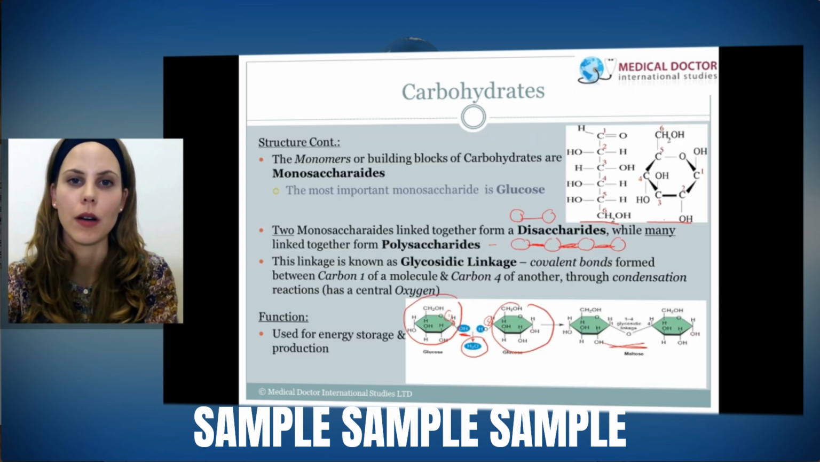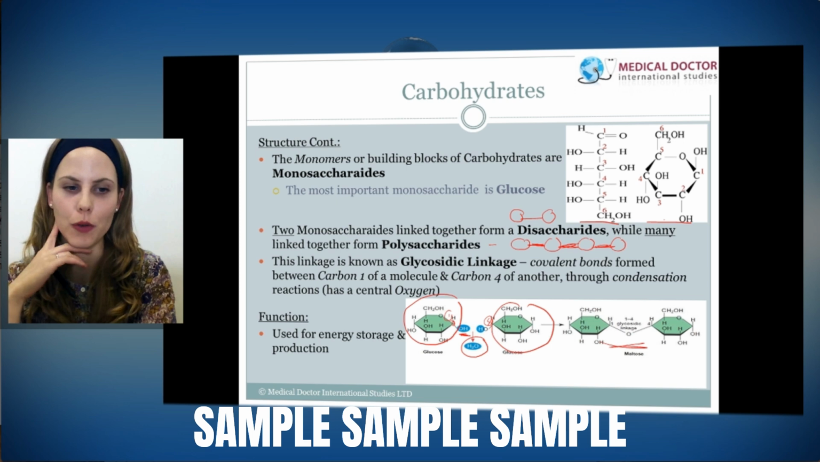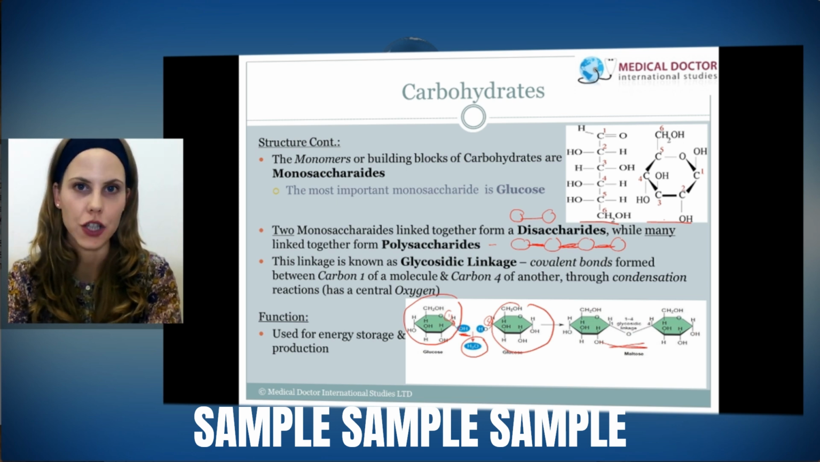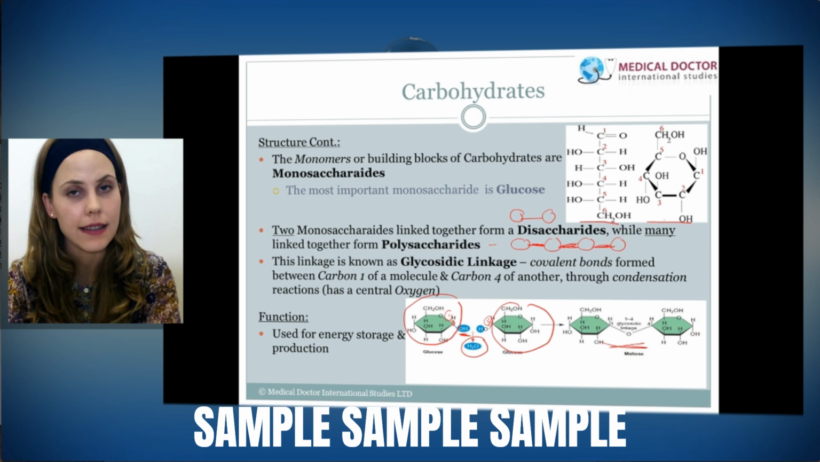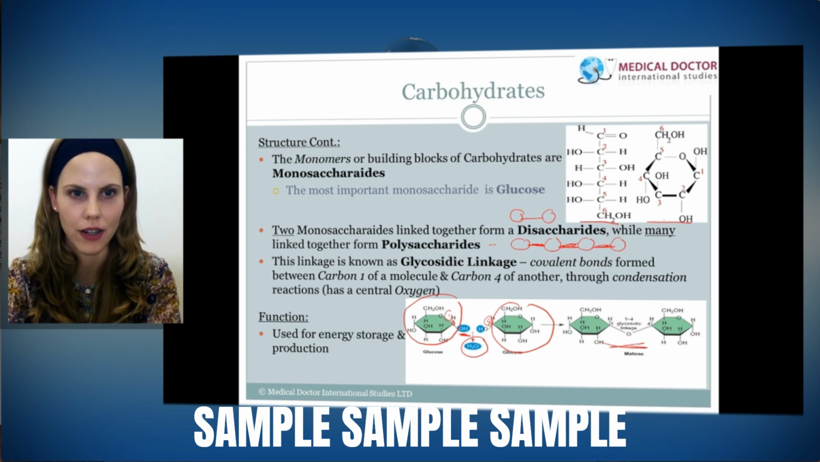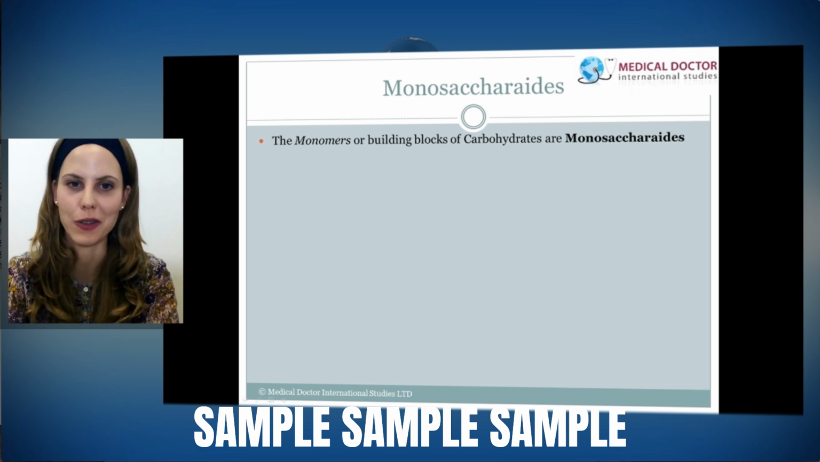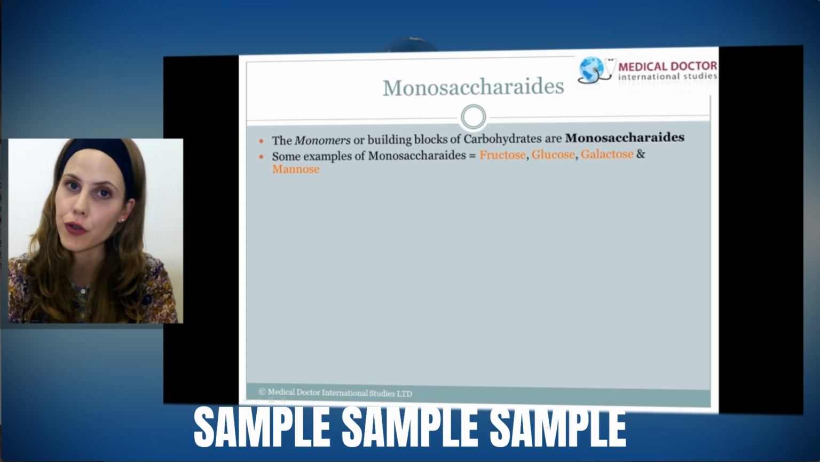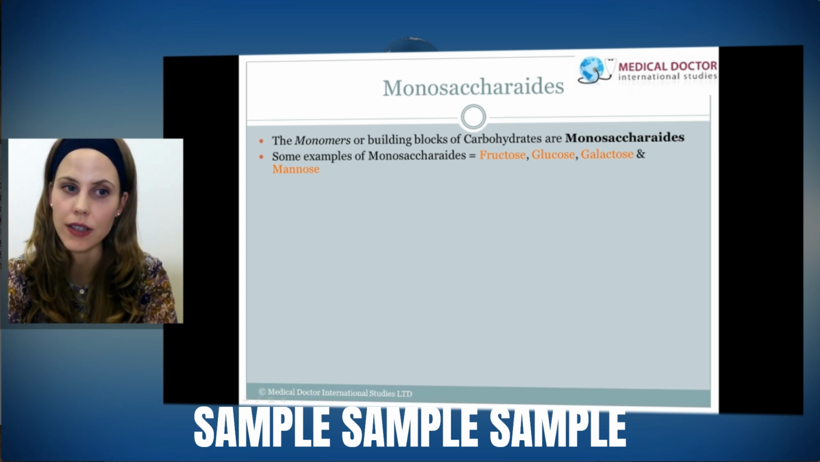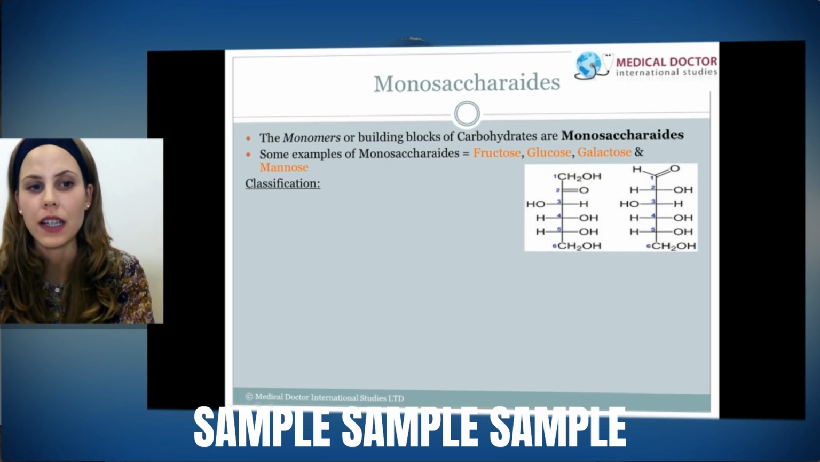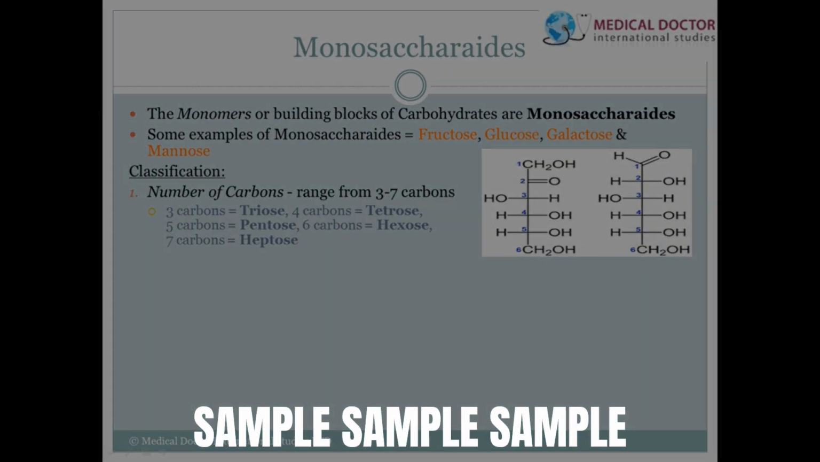Now, before we move on, as mentioned, the monomer, the bead on the chain to create the necklace, is the monosaccharide. So now we're going to discuss some features of the monosaccharide. As mentioned, the monomers or building blocks of carbohydrates are monosaccharides. Some examples are fructose, glucose, galactose, and mannose. And specifically, we're going to talk about